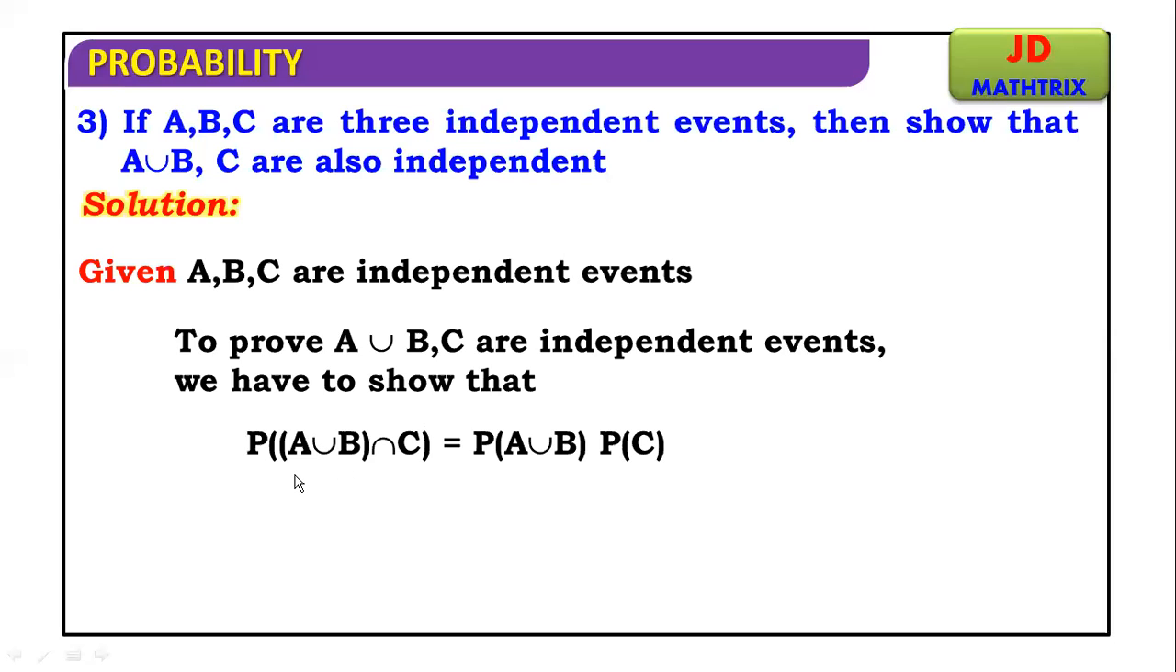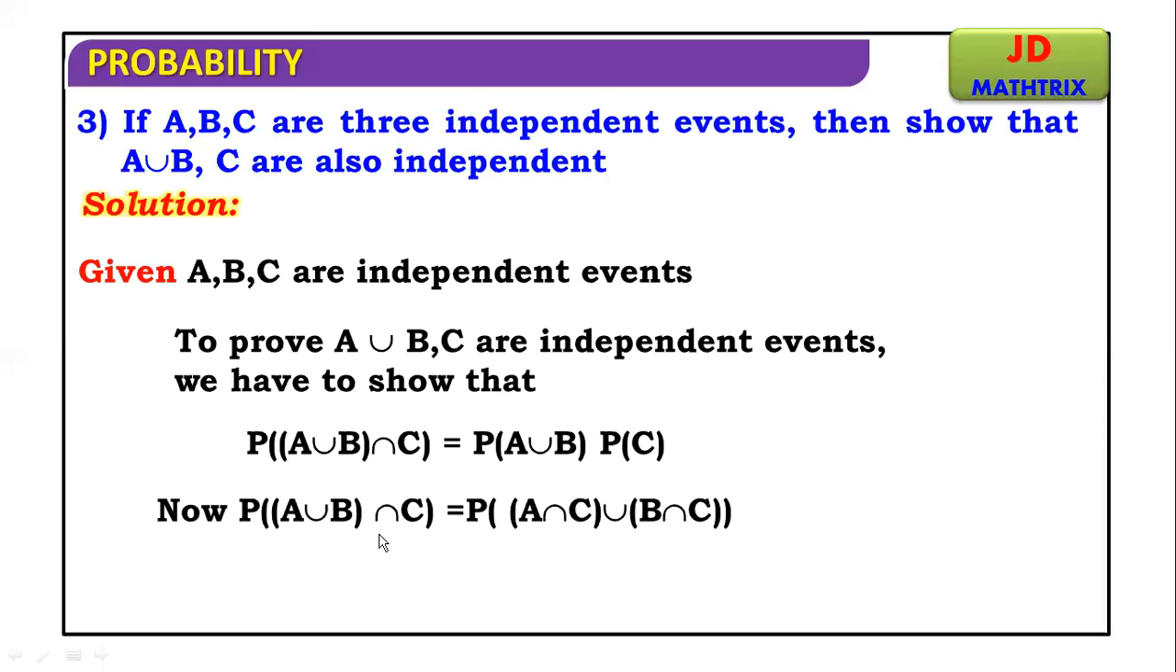Let us consider this event, that is P of (A union B) intersection C. By set theory, (A union B) intersection C can be written as (A intersection C) union (B intersection C). So this is of the form P of E1 union E2, the probability of a union of two events. Then according to the addition theorem of probability, the probability of the above event can be written as